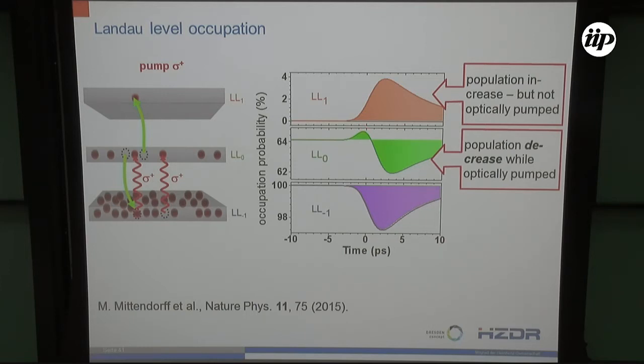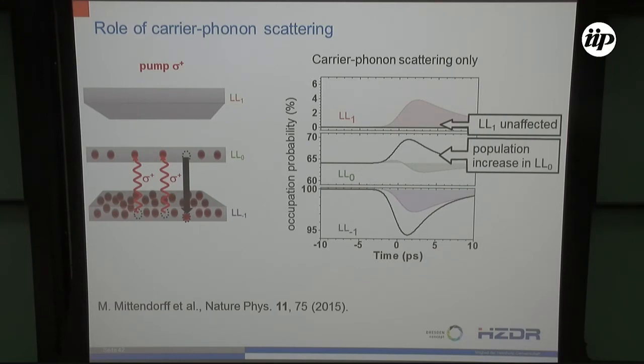So this is like if tonight at the dinner you have a nice caipirinha and somebody's pouring it in, but the level gets lower in the glass. So you can attribute this to strong Auger scattering then. So here it's going down because of this process. If we, again in the theory, switch off the Coulomb interaction, then you see the boring